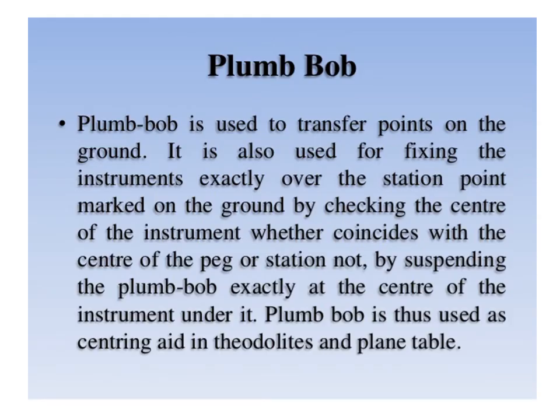This slide refers to laths and withes. Laths are 0.5 to 1 meter long sticks of soft wood. They are sharpened at one end and are painted with white or light colors. They are used as intermediate points while ranging, whereas withes are the pieces of sharpened thick cut from the nearest place in the field. One end of the stick is sharpened and other end is split.